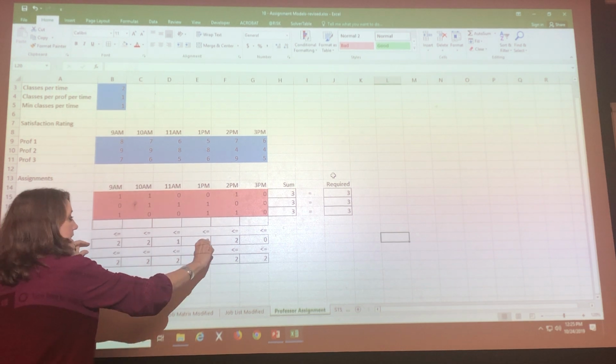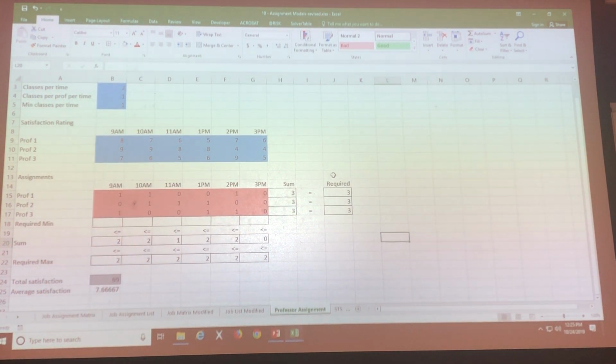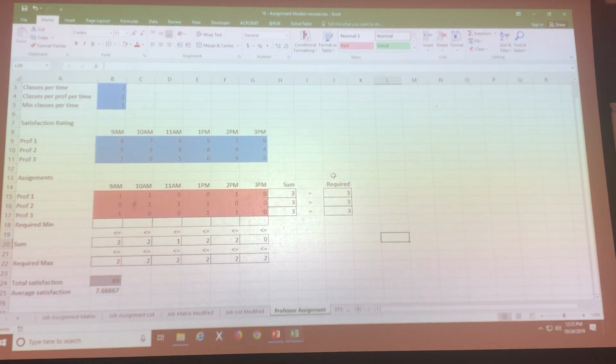Because I like to see this sandwiched in between its minimum and its maximum. If you have another way you want to do it, that's okay. You just have to still be able to accomplish this. But anyway,